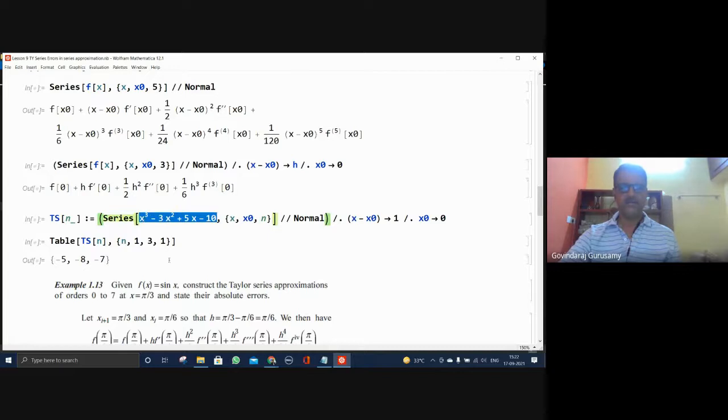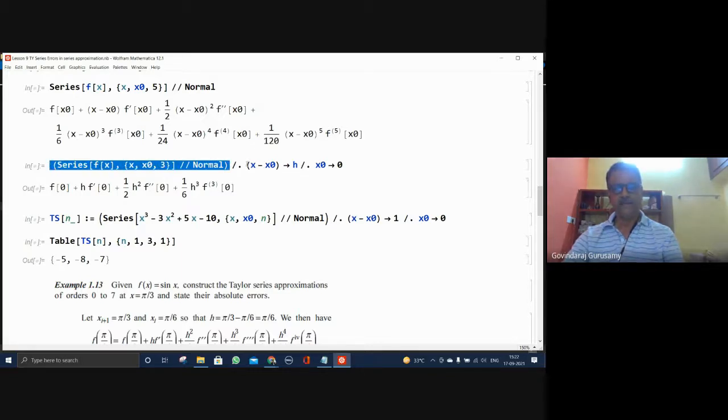Put it over here and then check till what term you have to proceed. That can be right here and get the expressions. Okay, so now what is to be done? This series is correct. Now just put it in a normal form and replace x minus x0 by h, which is the interval over which I'm going to do it. And then x0 in this happens to be 0. I'm just substituting. Of course, in every case, this will be 0.